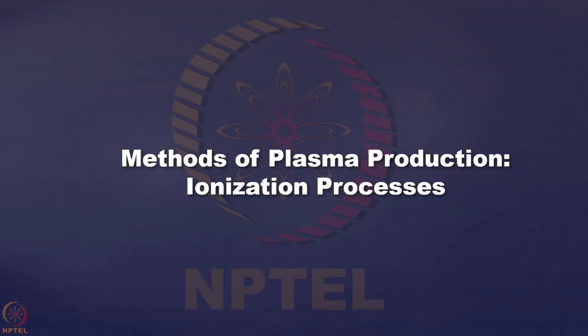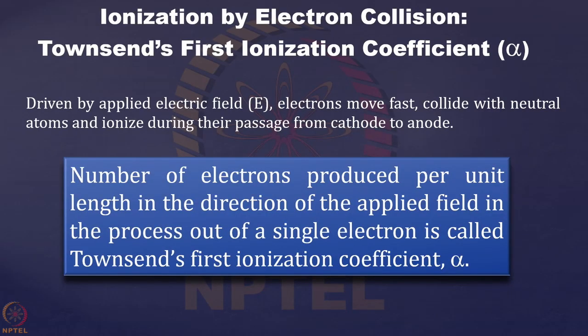Now in this lecture, our motive is to understand the process of plasma production. How this plasma is getting created, how we can initiate the formation of plasma in a device. We know that the Saha ionization equation tells you what the equilibrium composition will be, but that is once the plasma is formed. But how to initiate the plasma? That is the plasma ionization mechanism that I will be studying in this class.